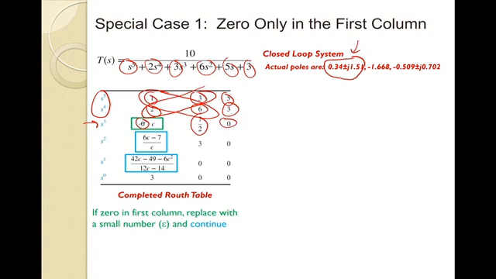So what do I do now if I have a 0 in that first column? What I'm going to do is I'm going to replace it with a very small number that I'm going to call epsilon. And I'm going to continue, just with a variable called epsilon. Then I can do my cross multiplication for that, and I have 6e